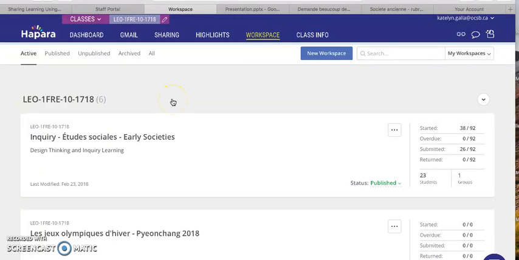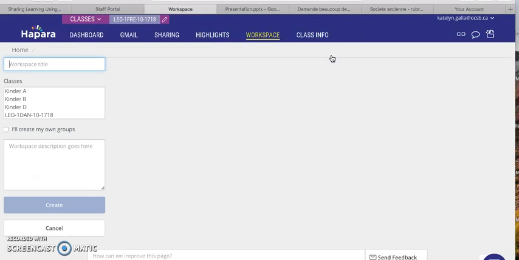Now, if you're unsure how to create a workspace, you will just go onto the top toolbar here and go to Workspace. Once you have gone to Workspace, at the right-hand side, you can click the New Workspace button, and it will take you to your home page, where you can give your workspace a title. For the purposes of this tutorial, I will just give you the title of tutorial,